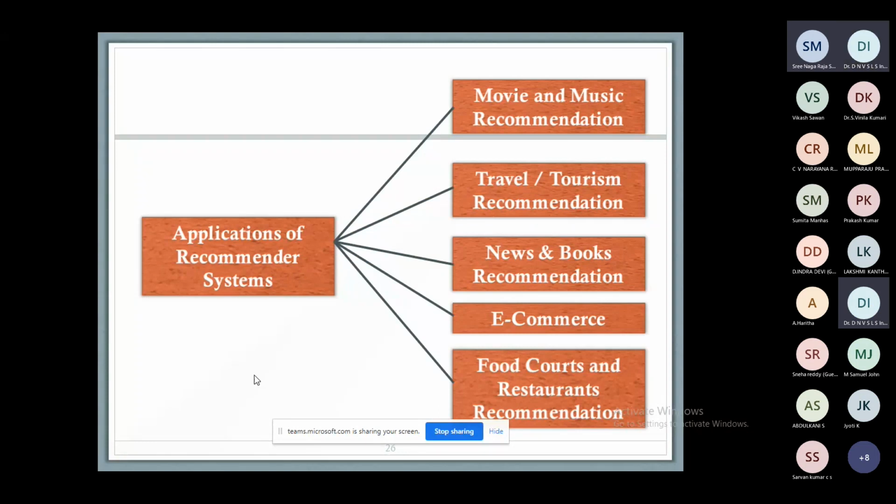Now coming to the applications of the recommender systems. The applications are movie